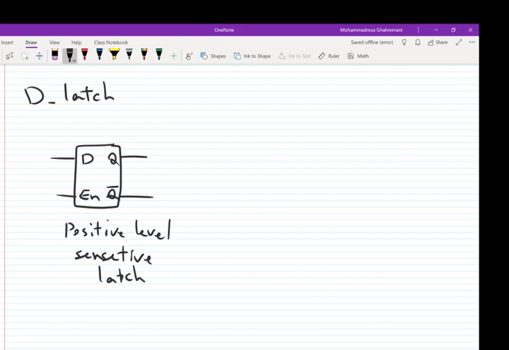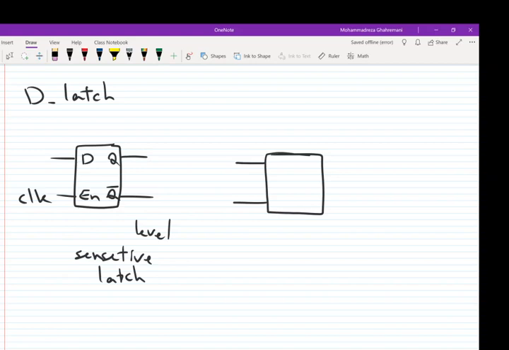Positive level means that as long as enable is 1, we can connect enable to the clock. As long as enable or clock is 1, the latch follows the changes. Let's call it high level sensitive, it's better. If we want to have a low level sensitive latch,